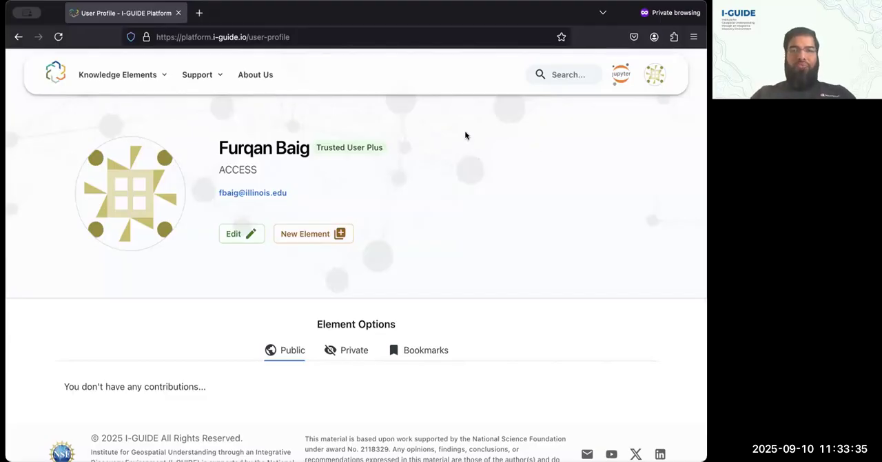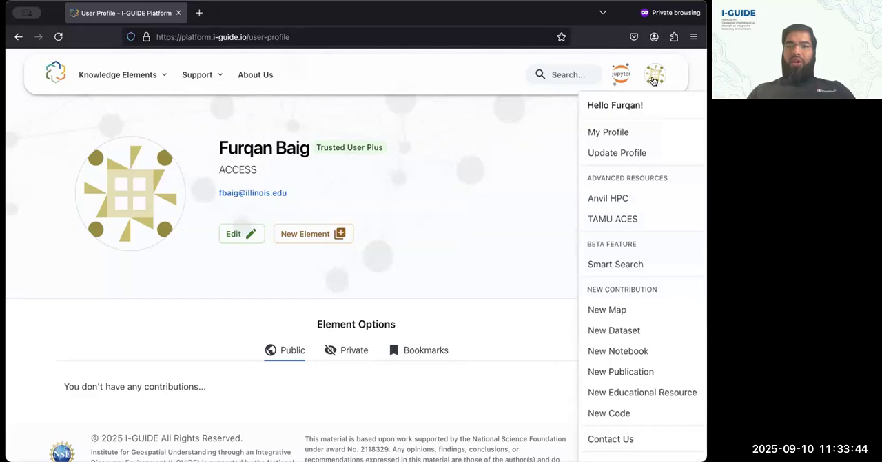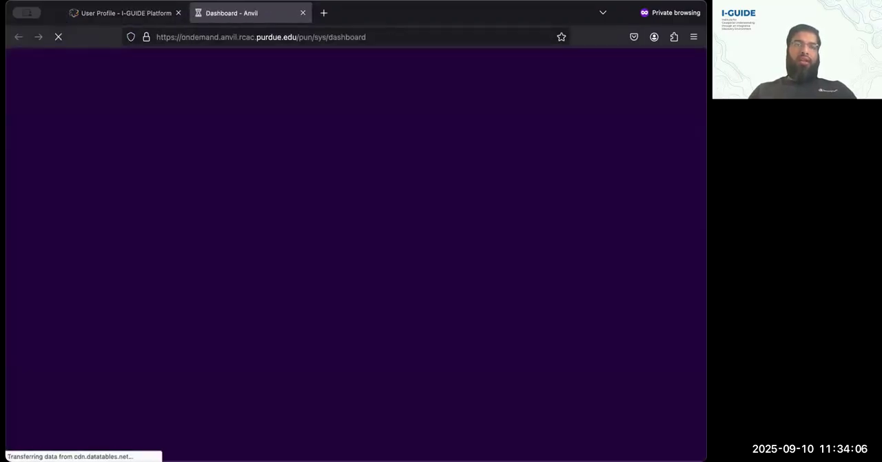But let's assume all your permissions are in place, for what I'm presenting right now. If you log in here, you should see this advanced resources section in the drop down menu. Right now I have access to Anvil HPC, which is at Purdue, and Texas A&M ACES. Both of these are HPC resources. If I start with Anvil HPC, it will take me to the Anvil Open OnDemand directly,